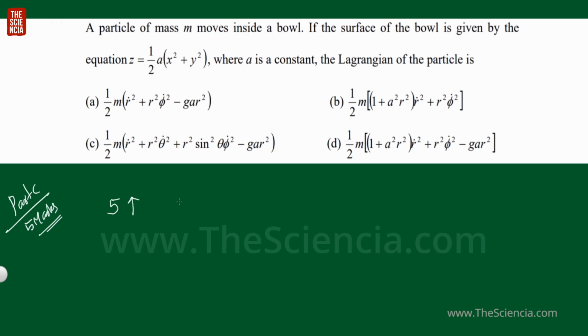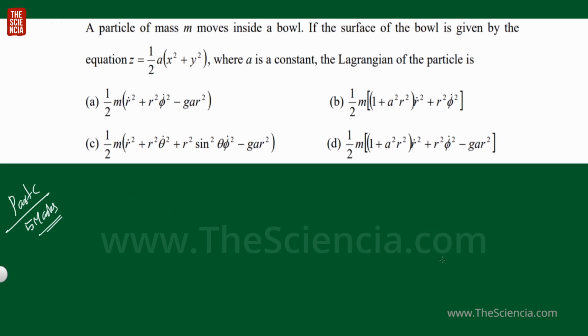And if your answer is wrong, then you will lose 6.25 marks. See? So this is like playing snakes and ladders. So be careful when attending part C problem. Be careful. Okay. Here I am going to draw the graph of this problem because it will help you to